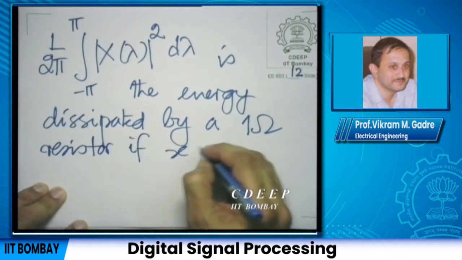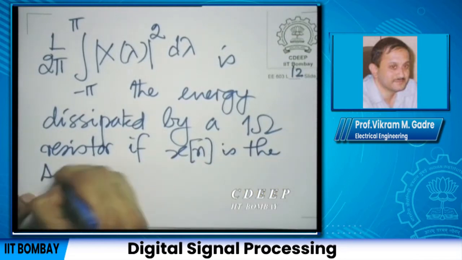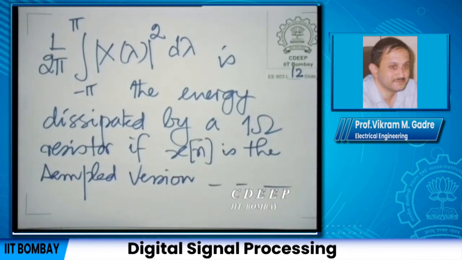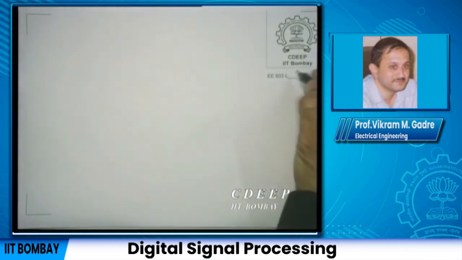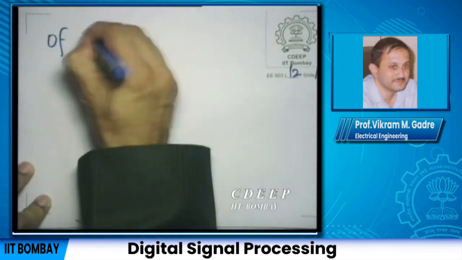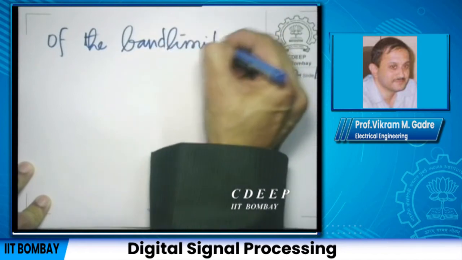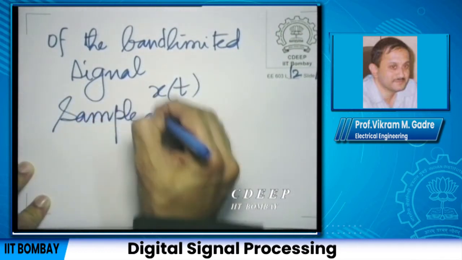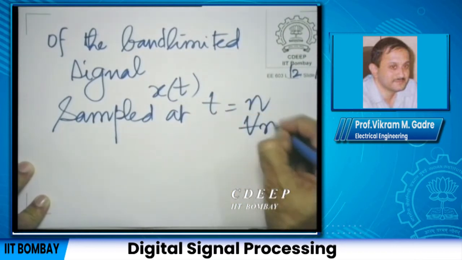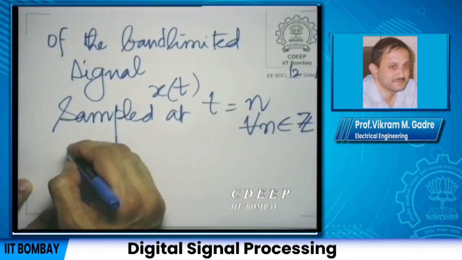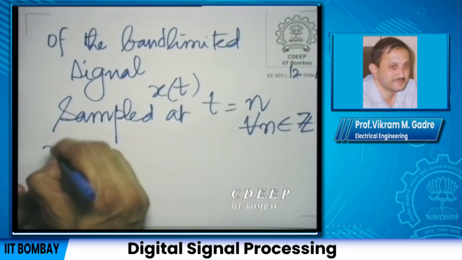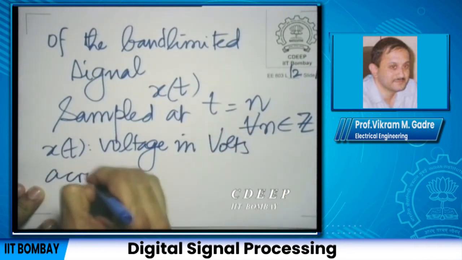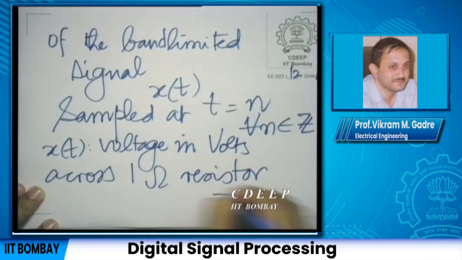if xn is the sampled version of the band limited signal x(t), sampled at t equal to n for all integer n, where x(t) is the voltage in volts across the 1 ohm resistor, and